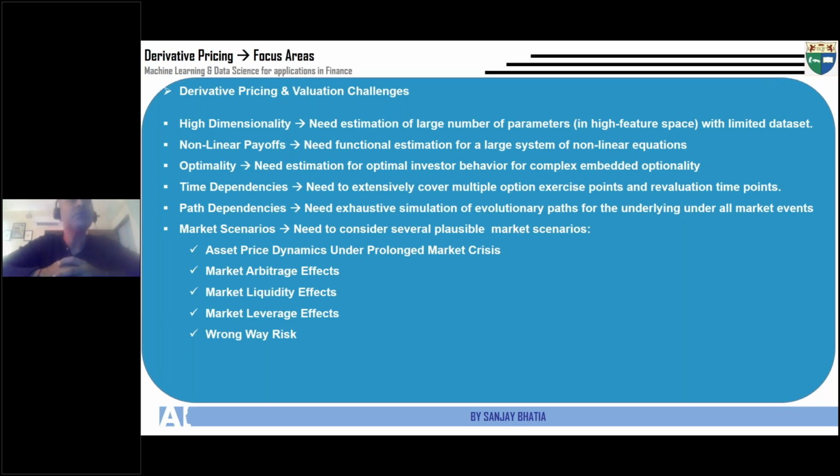Obviously it could not be solved using the Black-Scholes-Merton model, the Black-Scholes pricing formula, and even numerically using Monte Carlo or simulation based techniques, right? If you try to embed all these components into your model, the training time and run time will go multifold, and that would be challenging, because in today's era of high frequency trading, a derivative trader needs real time pricing, needs real time valuation, needs real time